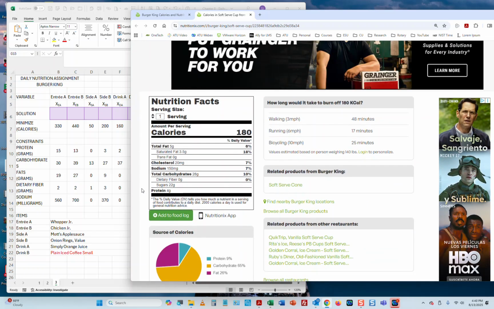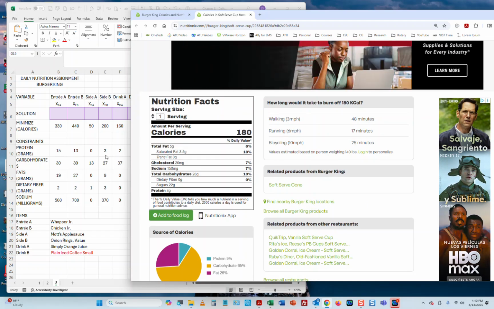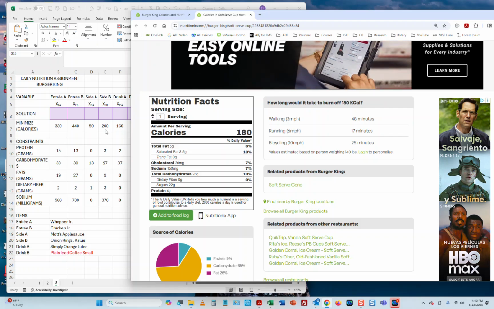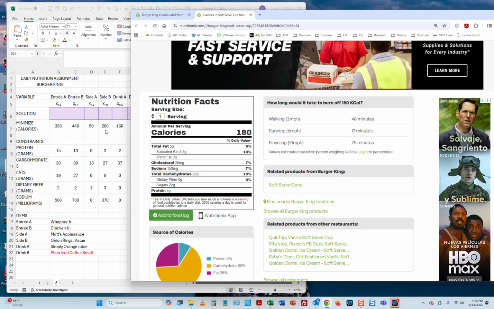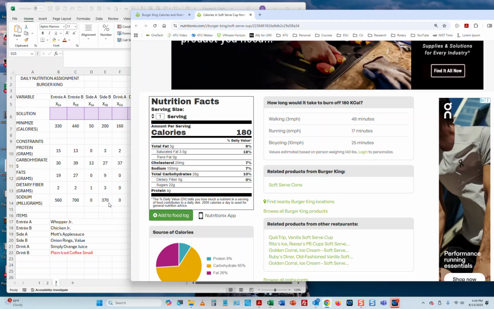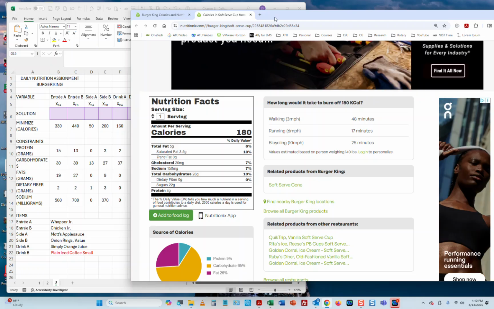What does it do? Soft serve cup versus just a little bit less in terms of calories. It's got a little more protein. It's got one more carb. It's got almost half the fat, and fiber's none, and sodium is half. Okay,